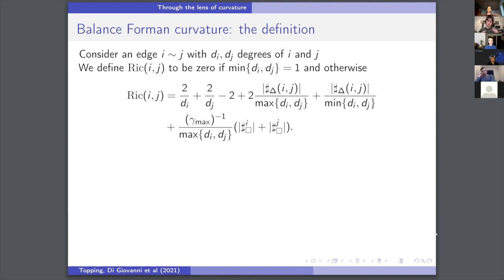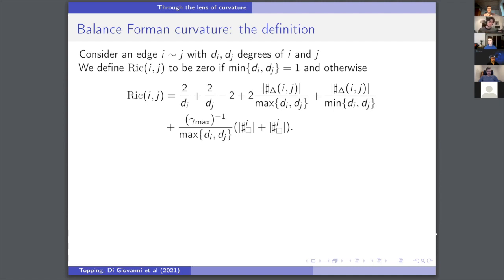So what I want to point out are a couple of things. First, this is a normalized quantity because we are normalizing by the degrees. So, for example, it will never be more negative than -2. We see that triangles account positively for the curvature, and similarly 4-cycles, up to this degeneracy factor. But now, I don't want to bother you with the details. In fact, it's going to be hopefully clearer in the next slide why exactly this formulation.